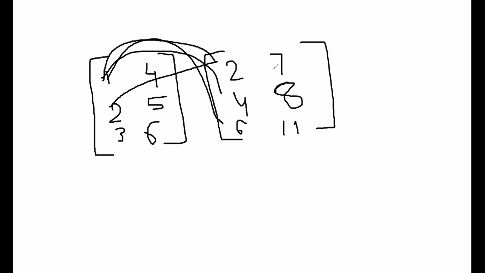If you remember the operations like this, there are multiple ways of creating an operation. Like we first 1 multiply by 2, then 1 multiply by 4,